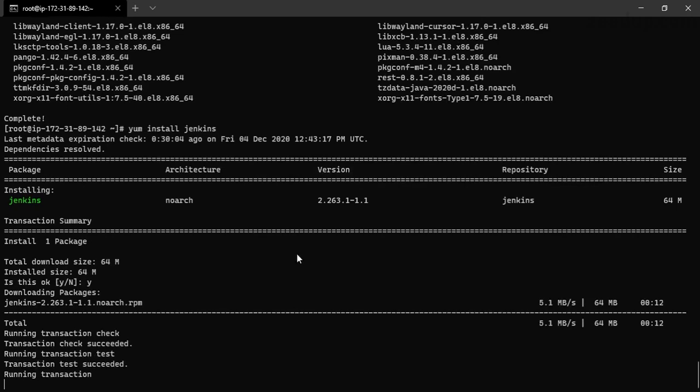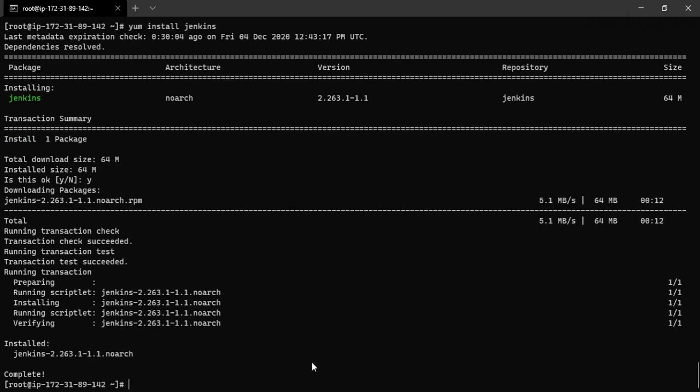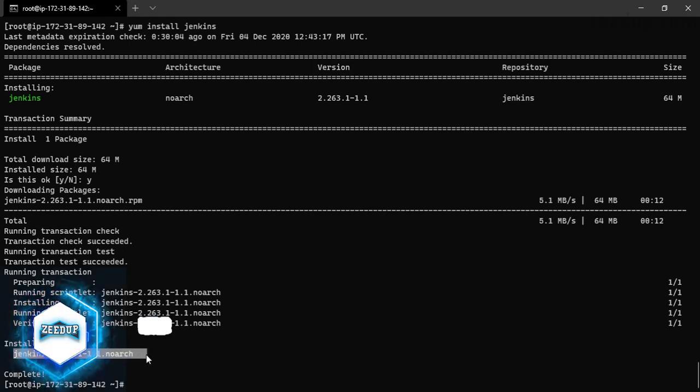It will be installed in a couple of minutes. And our software is installed. Okay, great. Now our Jenkins software is installed, and our Java version is installed.